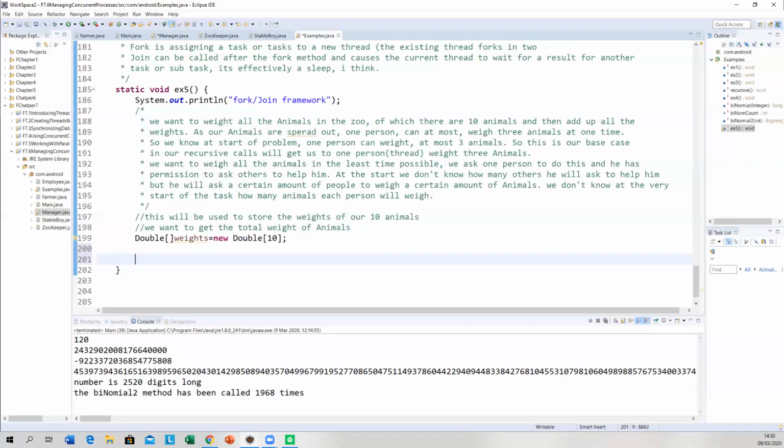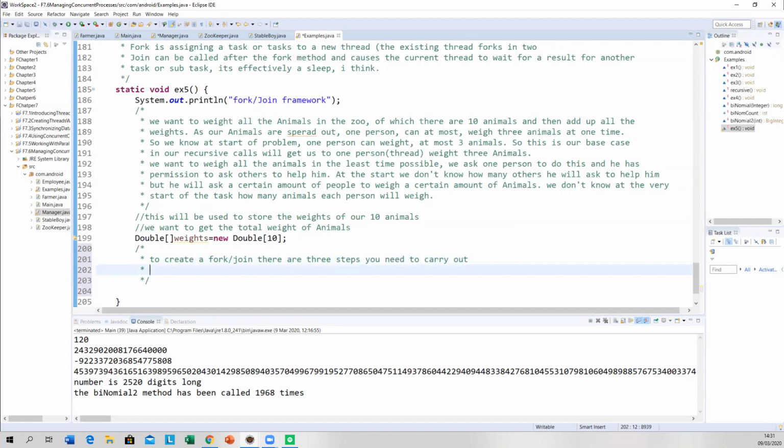So to create a fork join, there are 3 steps you need to carry out.